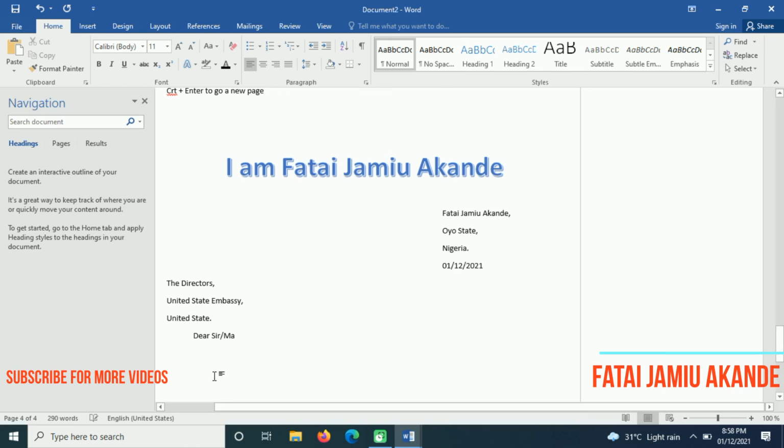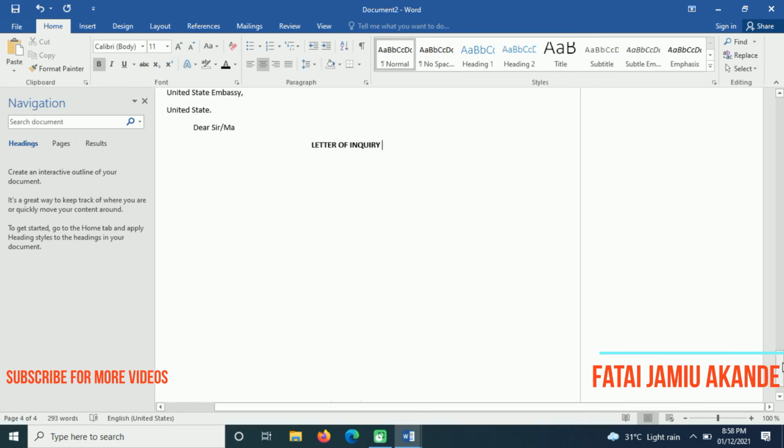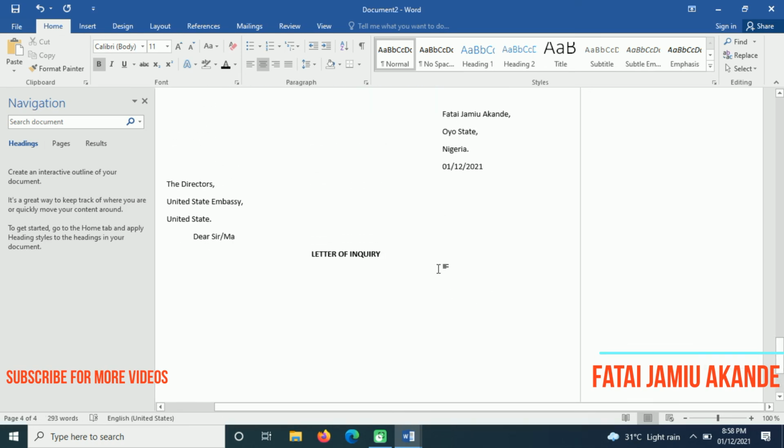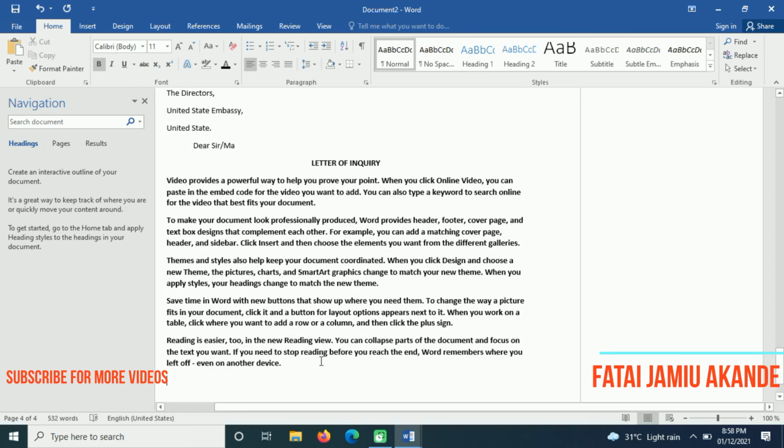So you have your title as, let's say, Letter of Inquiry, for instance. So highlight this and click on this A to change the case to uppercase, and click on this B to bold. Scroll down gently. I want to generate random text by using our normal function, the rand function, r, open and close parentheses, and press enter. We have this text. Let's say this is the content of my letter,